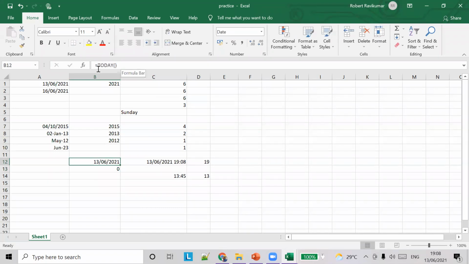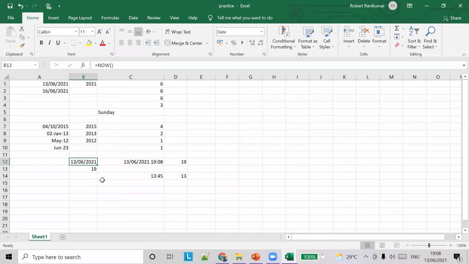If you specify now, it gives you 19 because the current time is 19 hours. So it gives you the appropriate hour here.